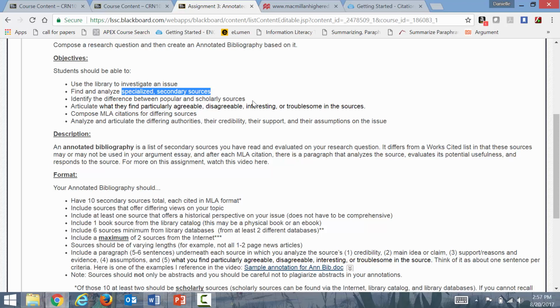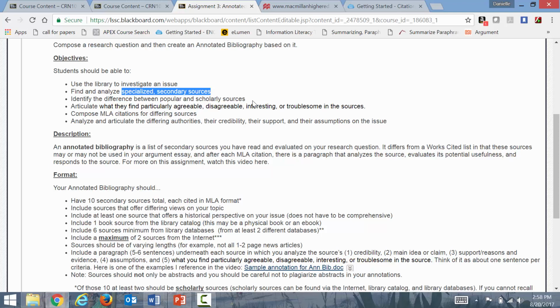That was the virus being spread by mosquitoes, and so maybe we learn, oh, the Zika virus is still out there, and mosquitoes in South Florida, they're still treating for it, and we read about that. That's just a popular source that is meant to inform most people who can read. But the specialized source on that might be when we go to a journal that specializes in health and medicine